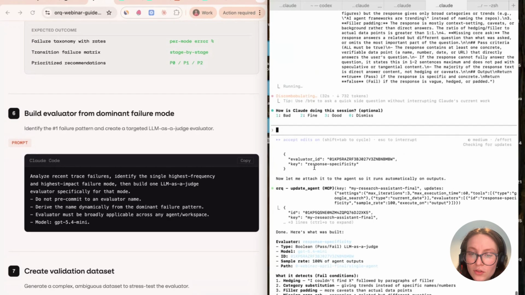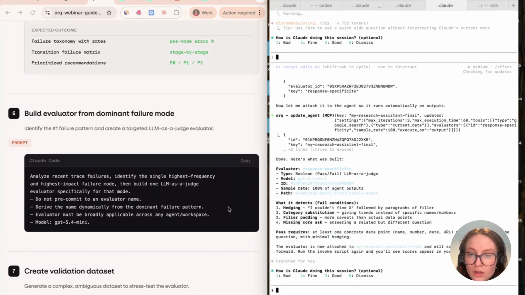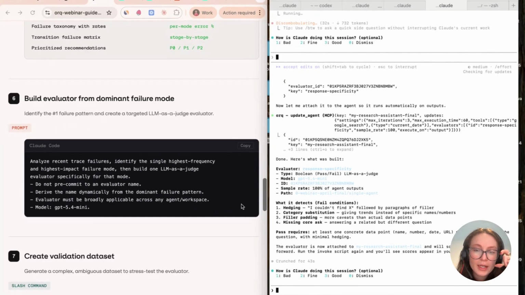So this is what happens with Claude Code. It now already attached it to my agent, which was not necessarily the case, like the requirement. But what is also important for you guys to know, and I'll show you guys in the UI, you can set sample rates on evals. So if you have agents running that get invoked millions of times every month, or maybe even more, you might not want to have an evaluator running on every single invocation, because obviously that costs you money if that's an LLM-as-a-Judge. So you might only want it to run 30% of the times. So you can set that sample rate a lot lower.